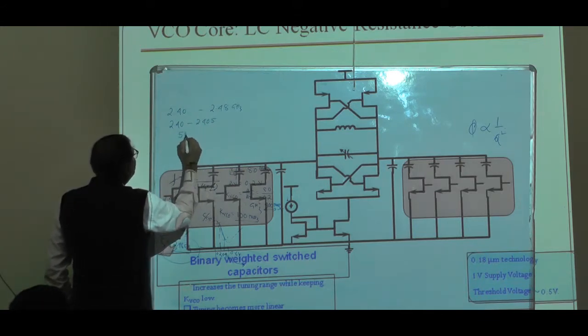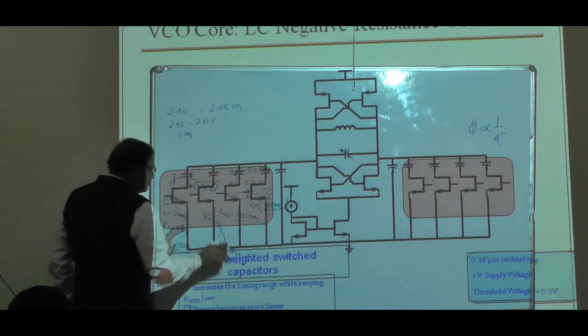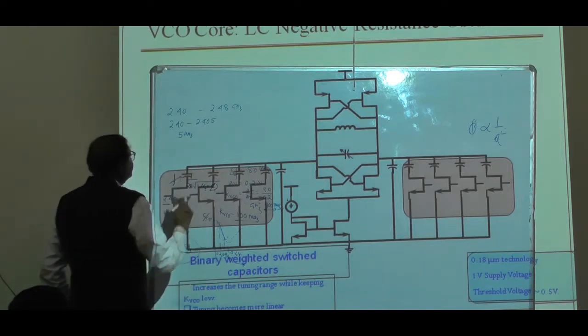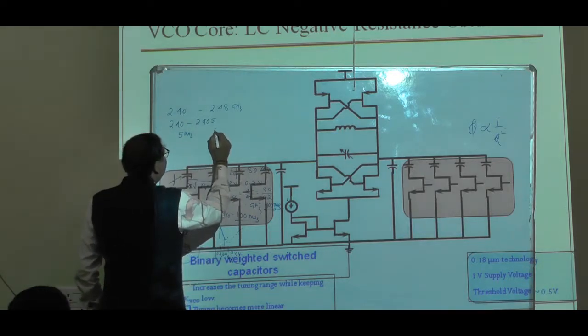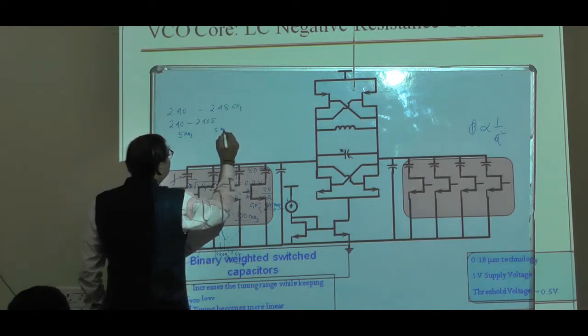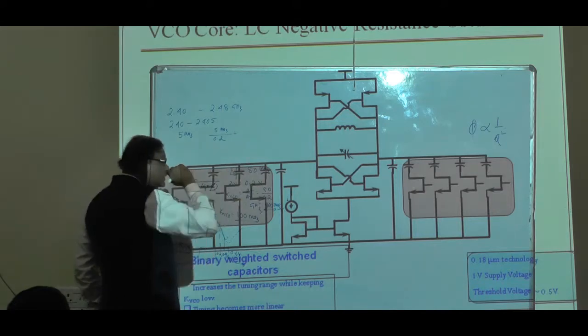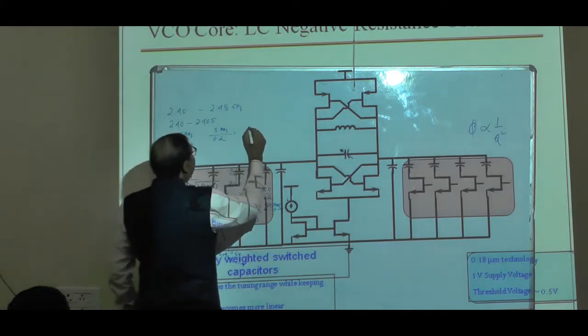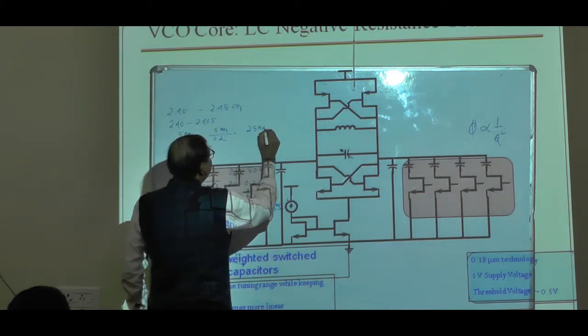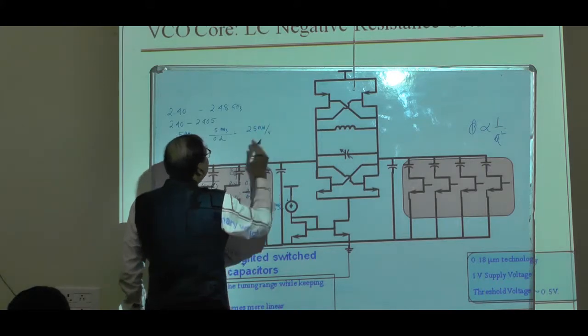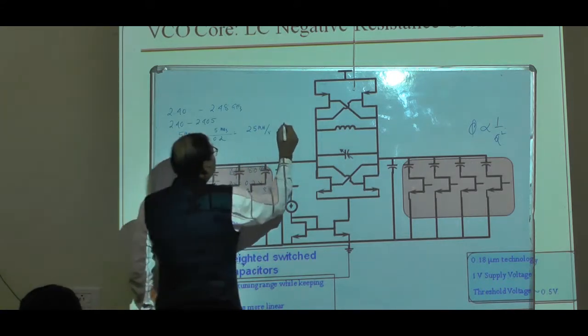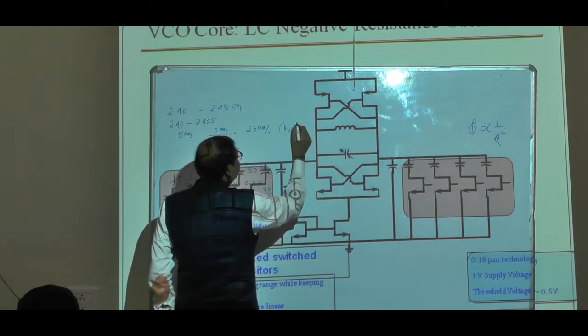So there is a 5 megahertz channel spacing. I have the same change in the voltage, 0.2, so 5 megahertz divided by 0.2, how much is coming? 25 megahertz